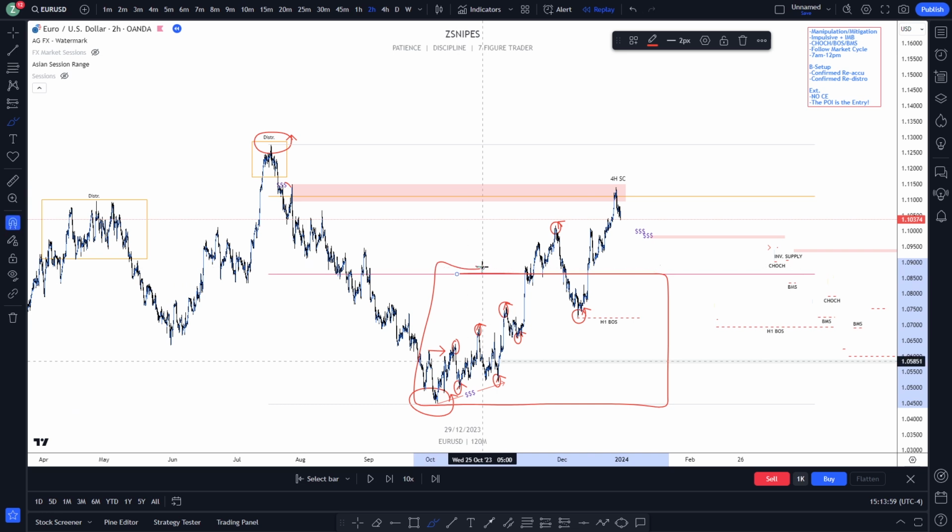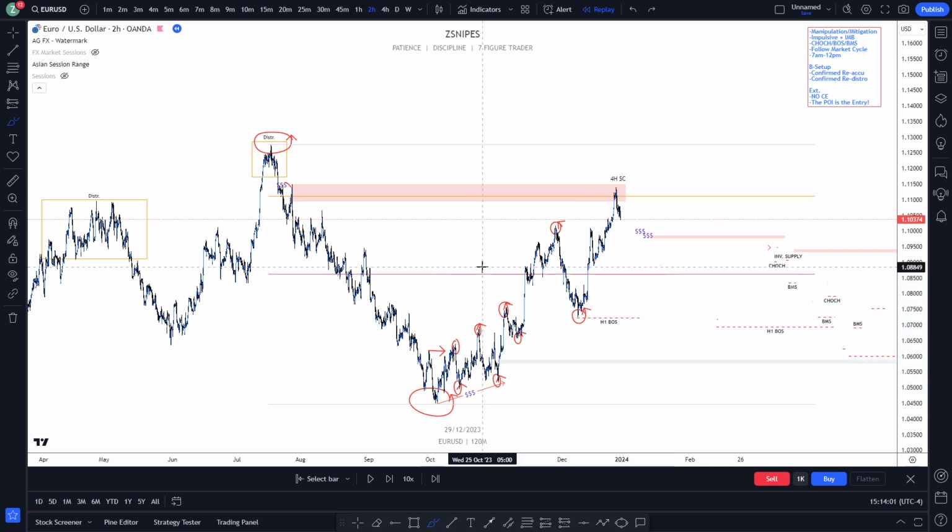We know if we're a seller, we want to sell at higher prices, right? We want the best price to sell our product if we're going to sell something, right? We want it to reach the highest prices so we can get the most money. That's the same mindset we're going to have in this bearish leg. We know that if we want to sell this market, the highest probability for these sales is going to be above the 50%.